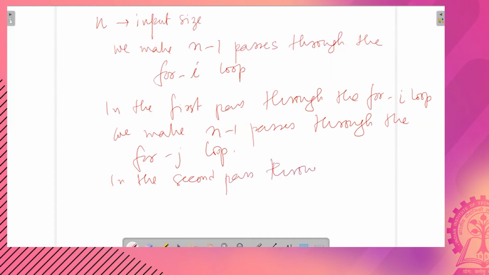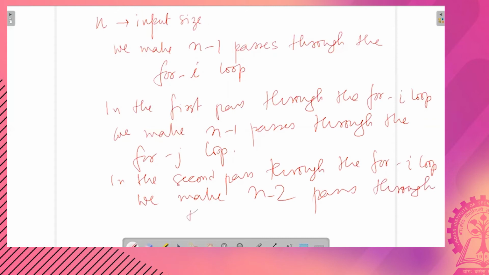In the second pass through the for I loop, we make n minus 2 passes through the for j loop, and this continues, right?